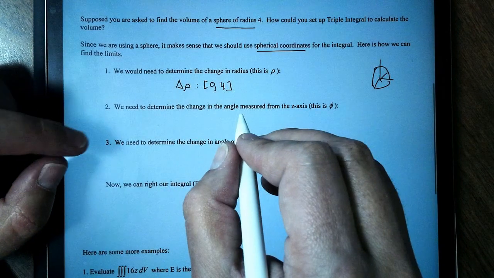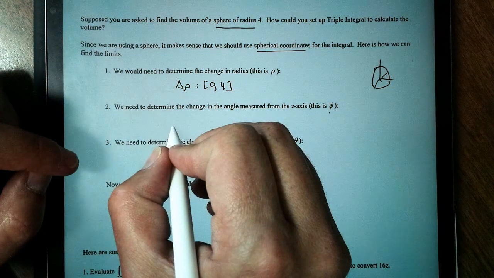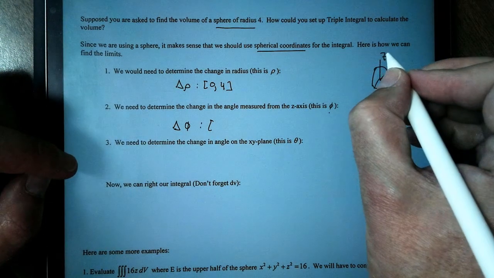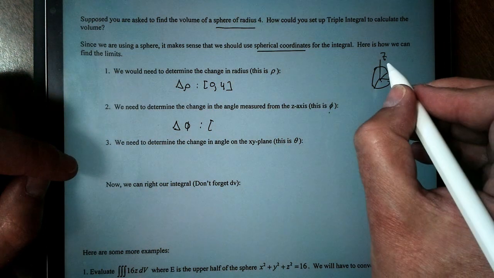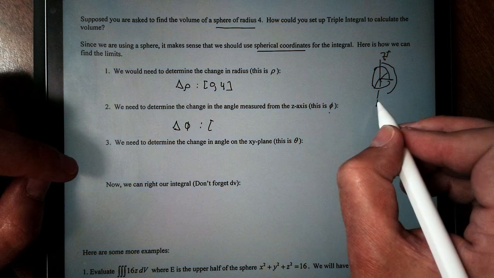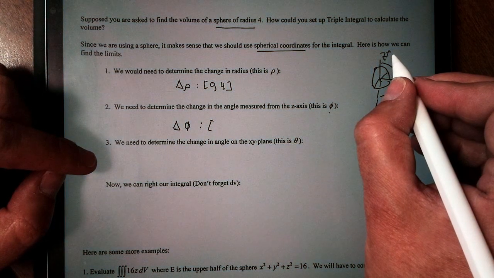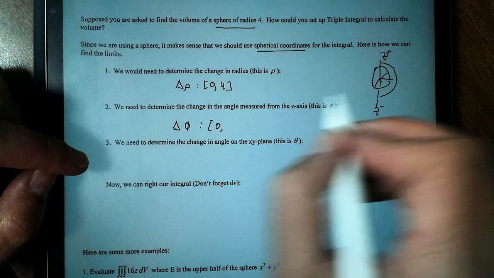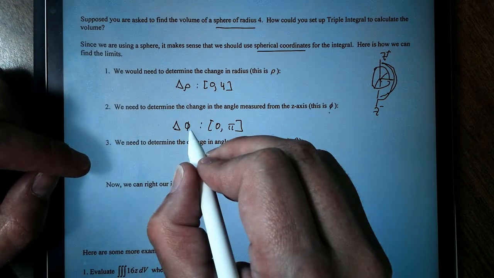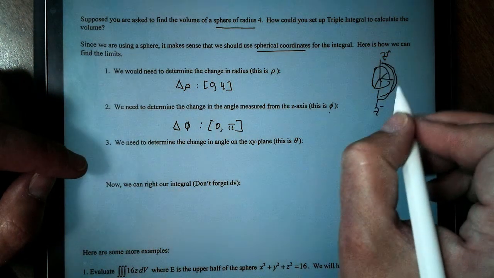Next, we need to determine the change in the angle it makes with the z-axis. That's our change in phi. So the smallest from the positive z-axis, we're measuring all the way down to the negative z. So there's my positive z, and we're going to measure all the way down to the negative z. We start here at 0 radians, and all the way down here is pi radians. Remember, phi only goes from 0 to pi, maximum anyway,